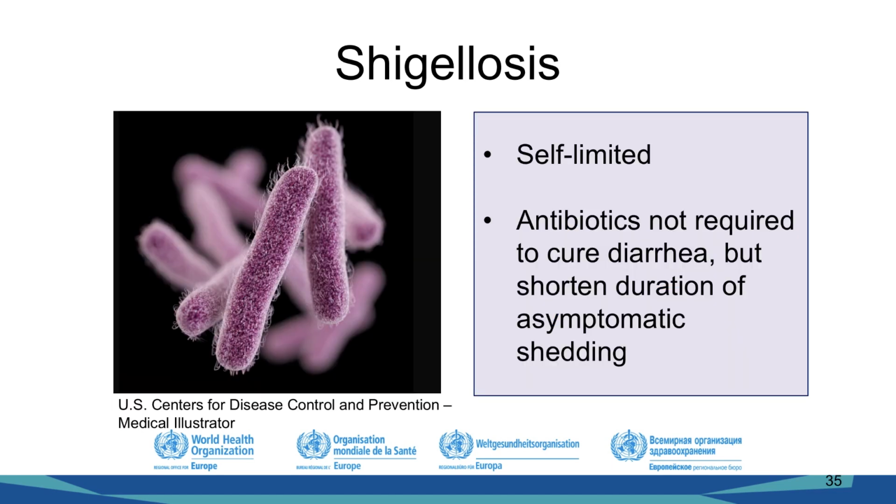Briefly, Shigella species are among the most communicable pathogens, requiring only a very small inoculum to cause infection. Shigellosis is self-limited and does not always require antimicrobials for cure of diarrheal symptoms. But asymptomatic fecal shedding of the bacteria may occur after acute infection and pose a risk of family and community